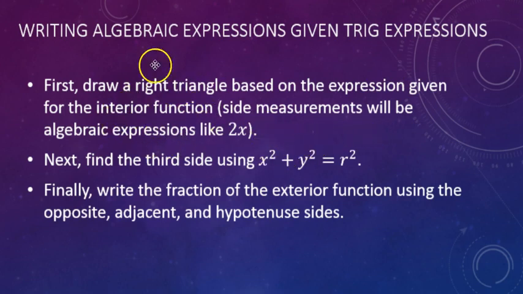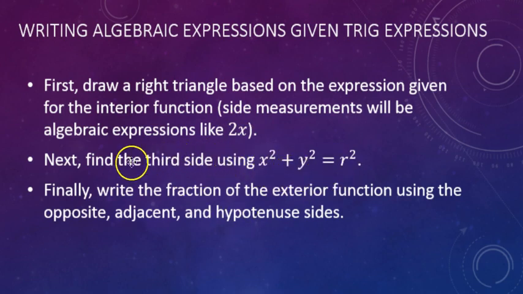the function inside parentheses. So for example, if they say you have 2x, don't forget that that's 2x divided by 1. So if it's the sine function, you know that the opposite side is 2x and the hypotenuse is 1. You should be able to fill in two sides of the triangle even if you just have one expression like 2x. Next, you're going to find the third side using the Pythagorean theorem the way we've been doing in the